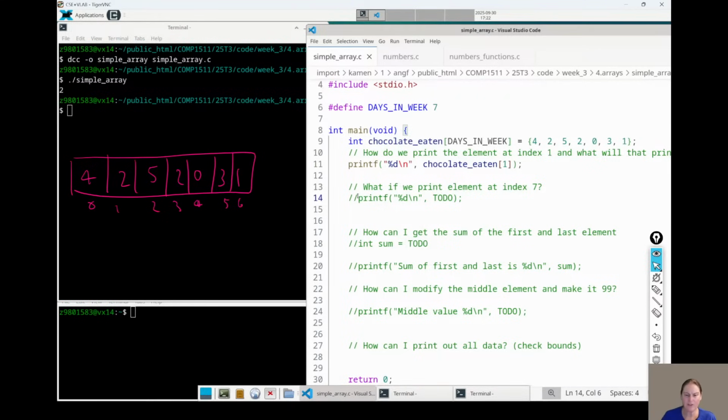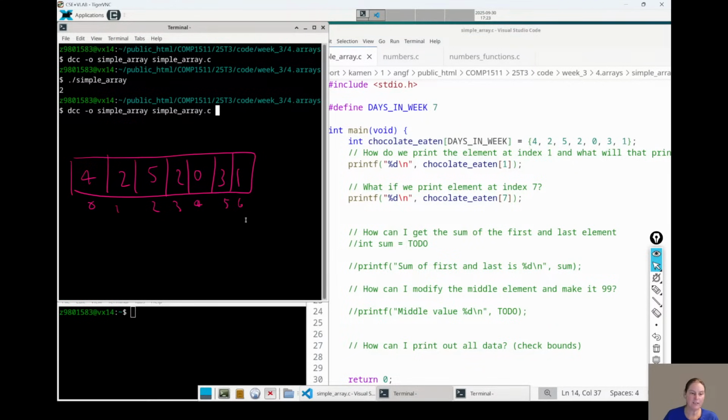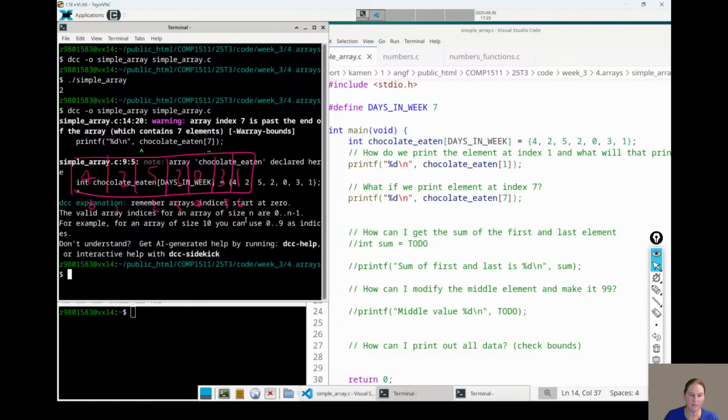Now I told you that if it was size 7, there'd be nothing at index 7. But what would happen if we just tried to do it anyway? I did kind of say what would happen, but let's just see it, because you'll probably do it at some point. I'll get rid of my picture for a minute. Now, DCC is trying to warn us. We've hard-coded the value 7 and it realizes no, there is no 7th element.